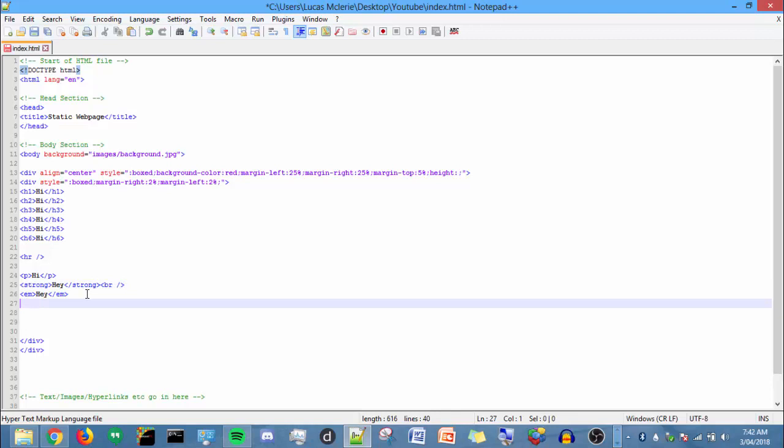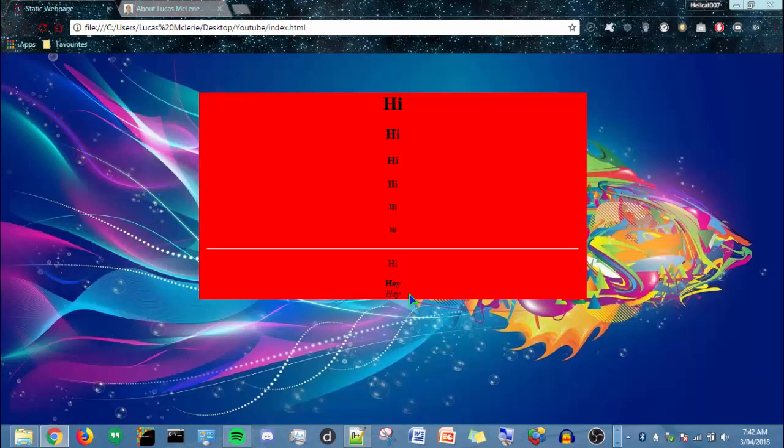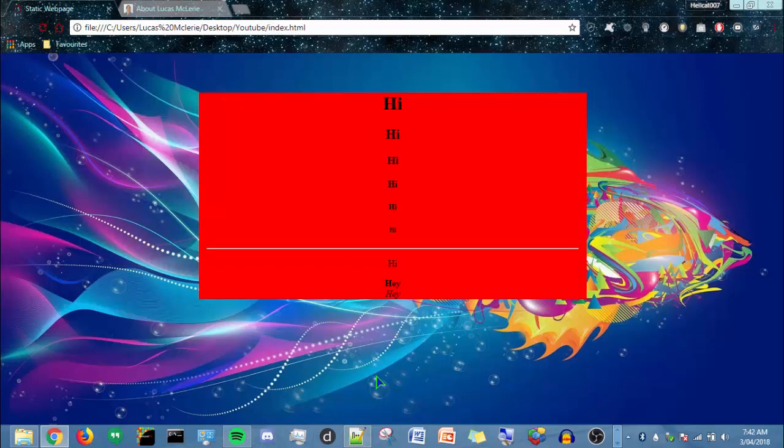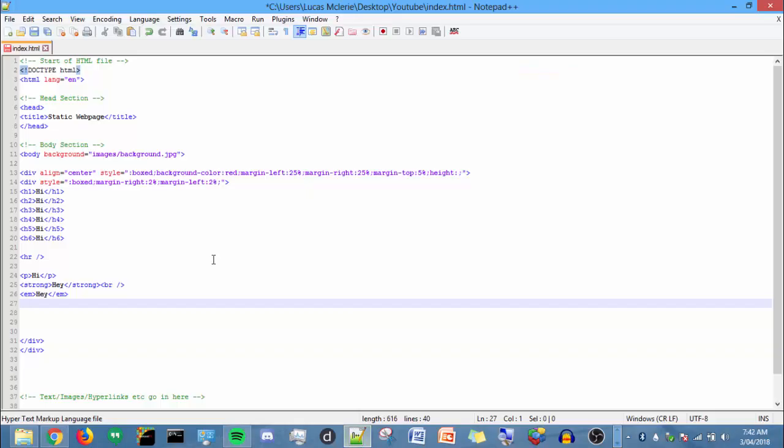And there's another one. I'm pretty sure there is one for underline, except that is more something to do in CSS, which we will get to. So you can add italics, and there's also